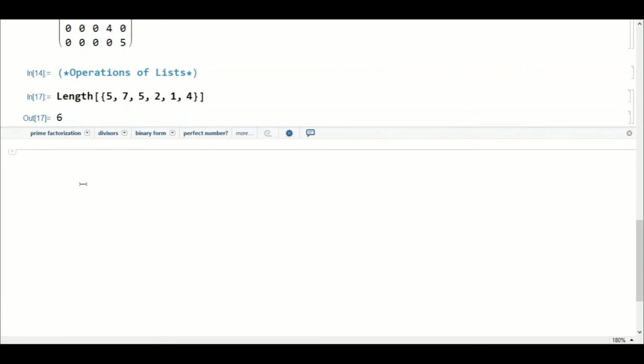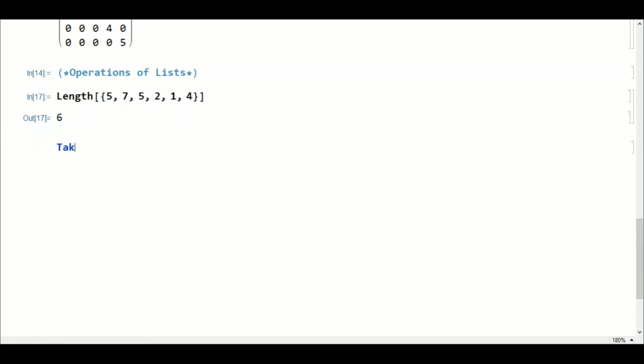Now there are two very important commands, take and drop. First it is known as take, and I will write a long list: 1 9 7 17 33 57, then 107 and 192.